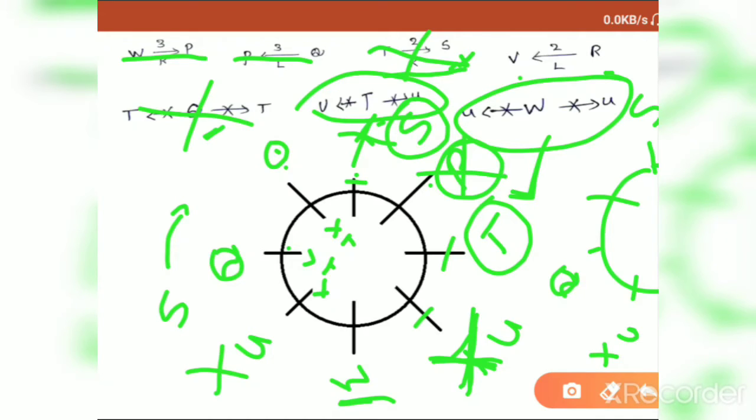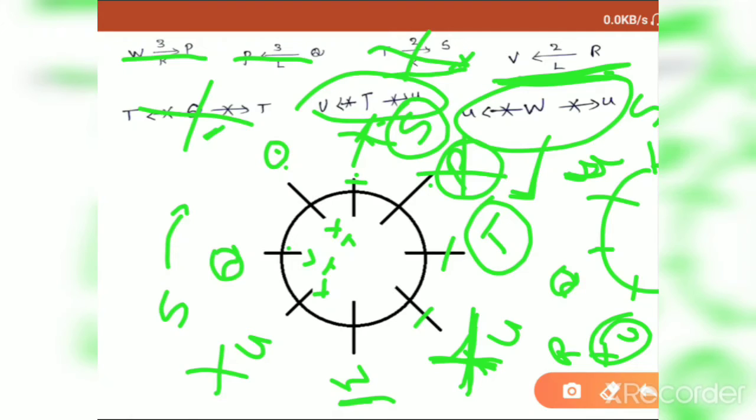So which place is suitable for U now? This place, right? So U position also fixed. Now remaining which elements are there? V and R. What are the places assigned for V and R? First place, second place. At which place V should be placed? See, for that this information is given. V should be left side of R. So can I keep R here? Then V will be in the place of U. Can it be correct? No. So R should be this side and V should be this side. Okay guys, you understand? I am drawing here C.